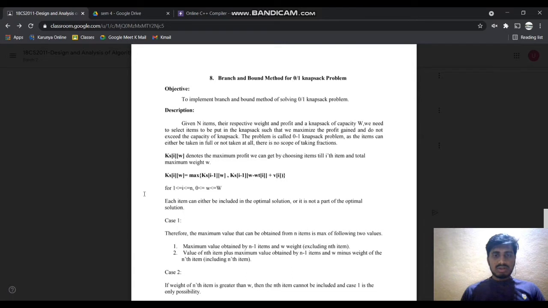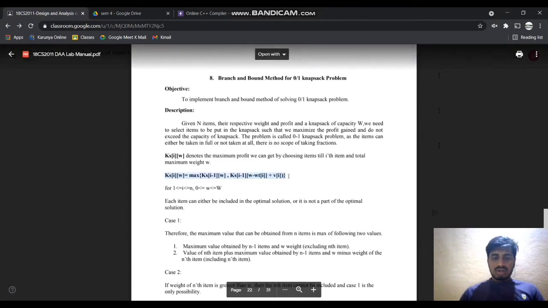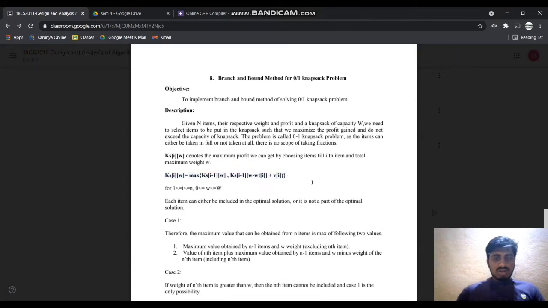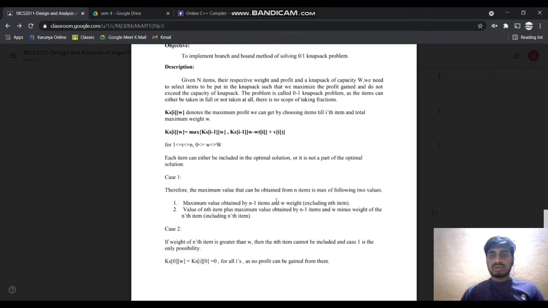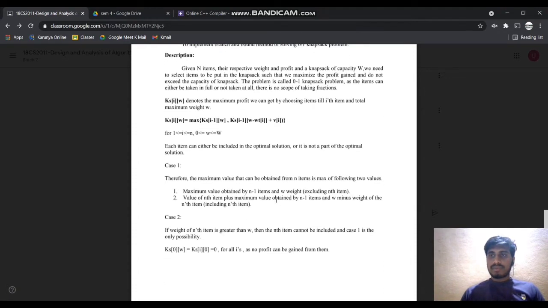This is the formula that we are using for the branch and bound method for the 0/1 knapsack problem, where K[i][W] equals the max of K[i-1][W], and K[i-1][W - wt[i]] + v[i]. Each item can either be included in the optimal solution or it cannot be part of the optimal solution.